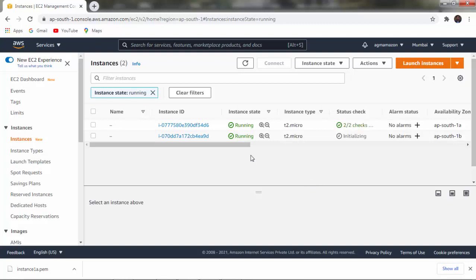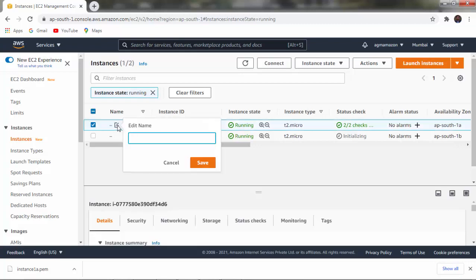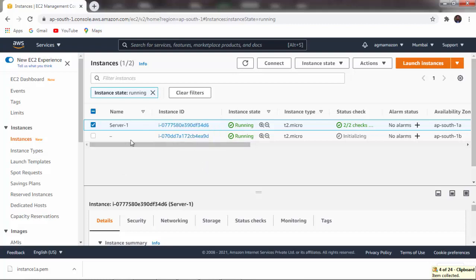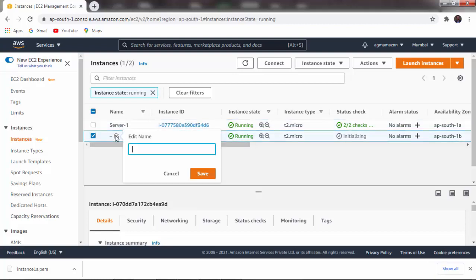Once it is 2/2 checks, then we can connect both the servers. So let us give a name to both the servers. For example, the name of the first server is server 1, and the name of our second instance is, for example, server 2.